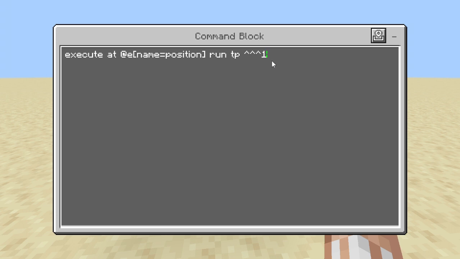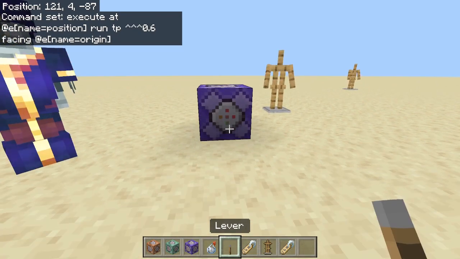Although I would say that's maybe a bit fast, so I can reduce the speed if I would like to, let's go 0.6. That's usually the sweet spot for me. But then you have to make it face the origin armor stand, because of course you want it to teleport towards the origin. So with that,